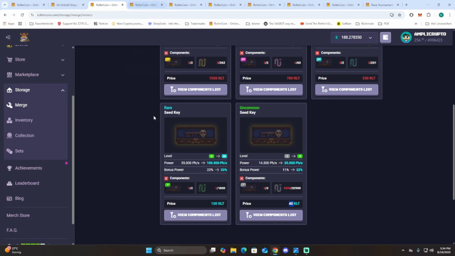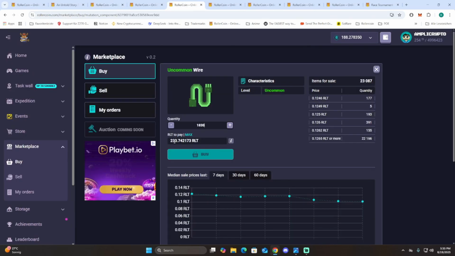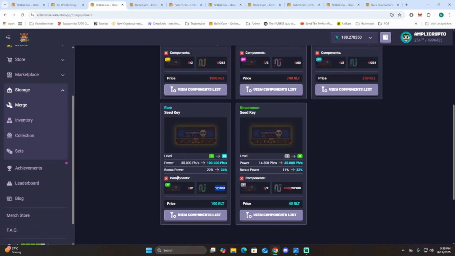And it gets more ridiculous if you wanted to make it a tier 3 version. So you are spending 120 roller token here, and this one flat costs you 100 roller token on top of that and 1.8k of the green wires here, and those ones cost you another 233 roller token. So basically this is another merge that in my opinion you can just forget about that it exists